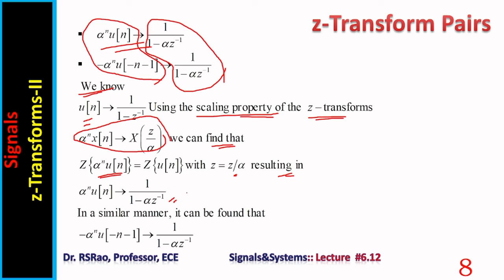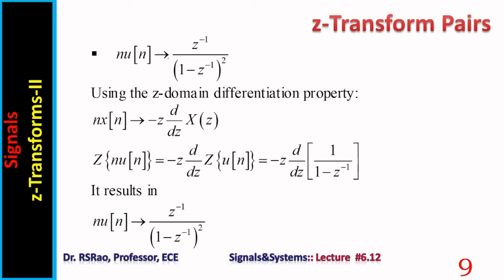In a similar manner, one can also find the transform of minus alpha power n u of minus n minus 1 as 1 over 1 minus alpha z power minus 1. Another sequence n u of n. Its z transform can be found equal to z power minus 1 by 1 minus z power minus 1 whole square. To find its validity, using the z domain differentiation property,